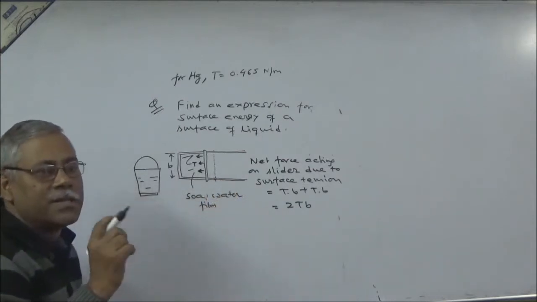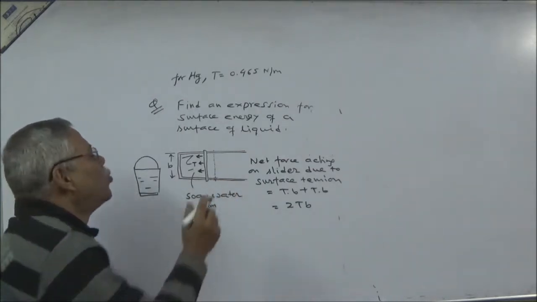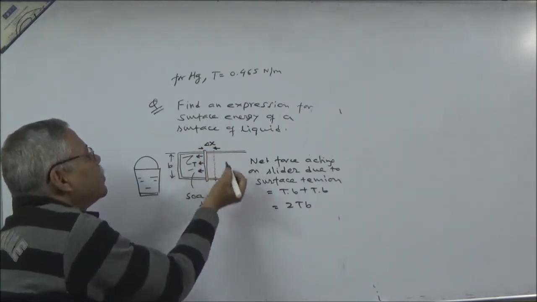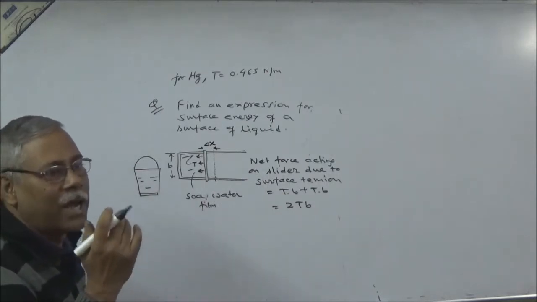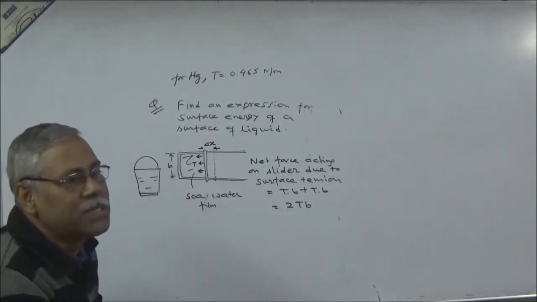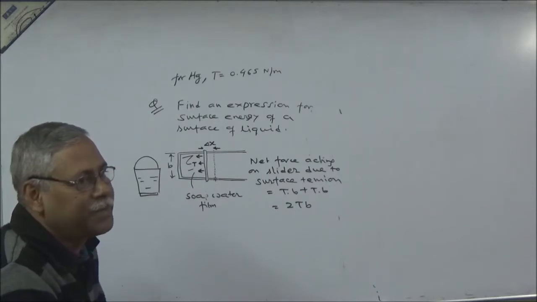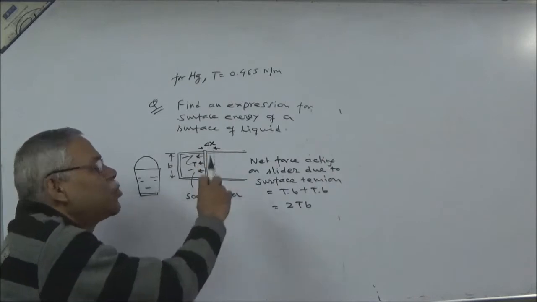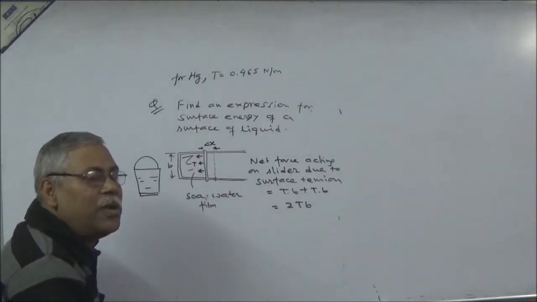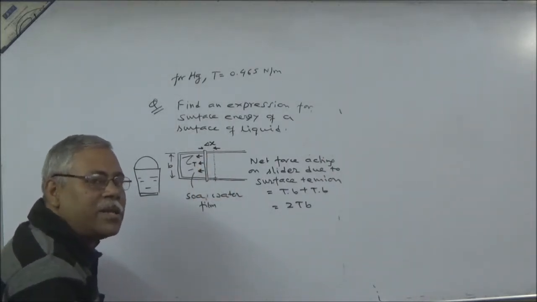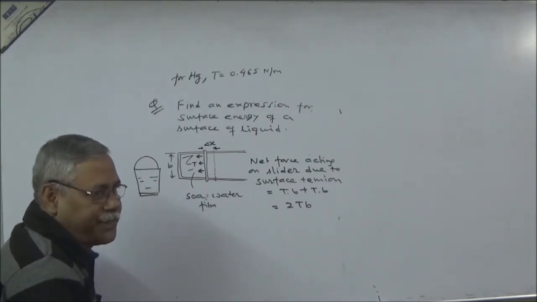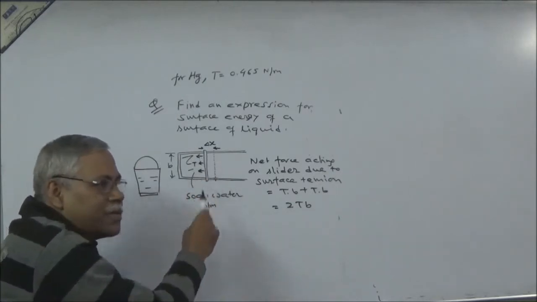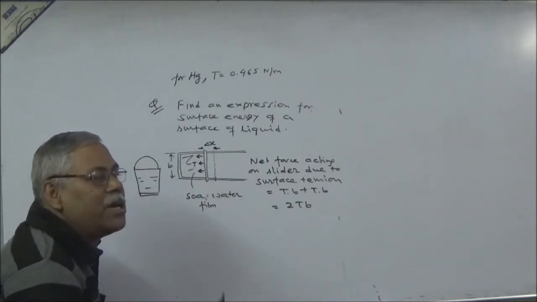You shift the slider gently through a distance del x. Okay, so in shifting the slider through a distance del x, you will have to do work against the force due to surface tension. Is it correct or not? You have to do work against this force, and this force being conservative in nature,